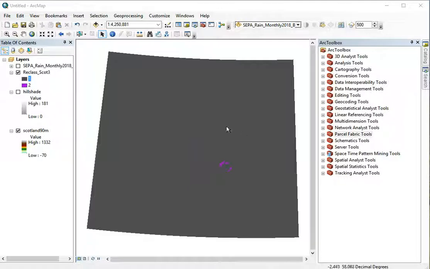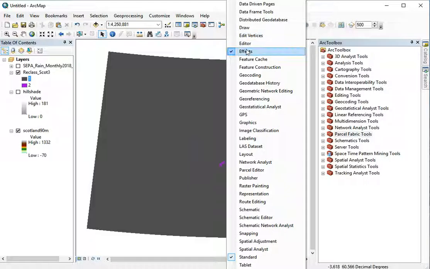So now we have our raster image showing the areas in purple which are above 914 meters, and in dark gray all the areas that are below that. We can make the whole layer semi-transparent with the effects menu, which you get by right clicking here, choosing effects,